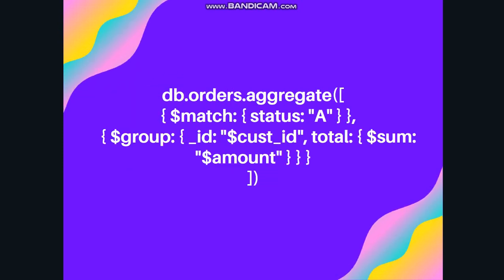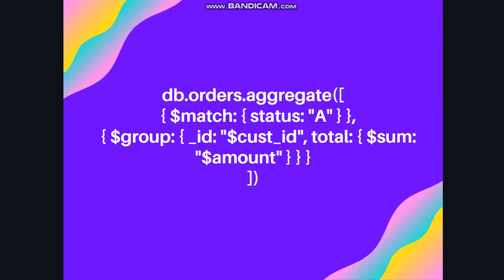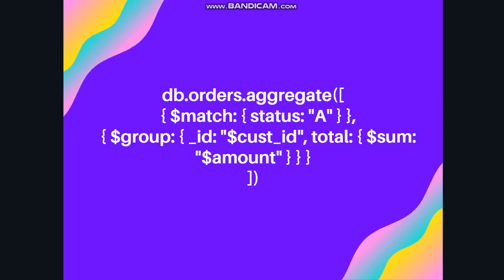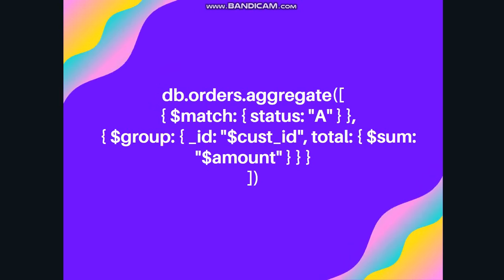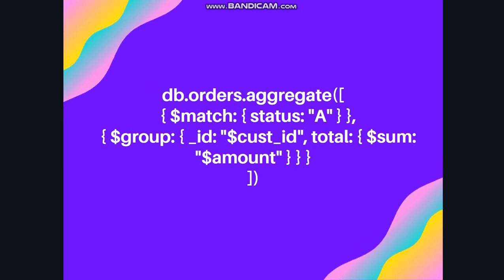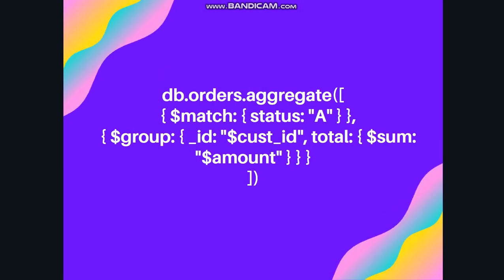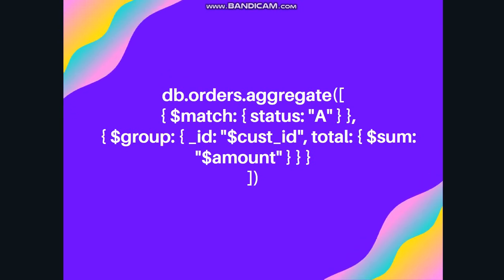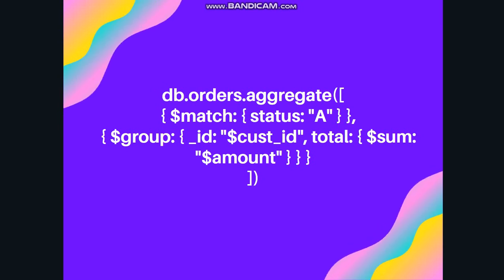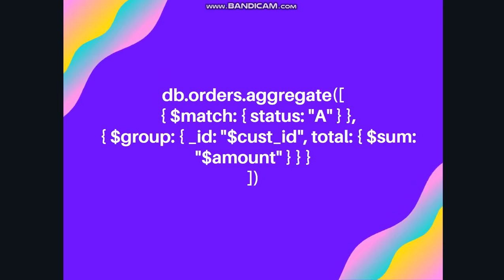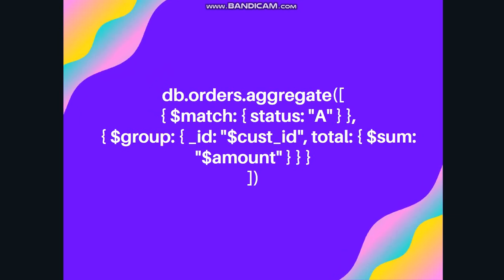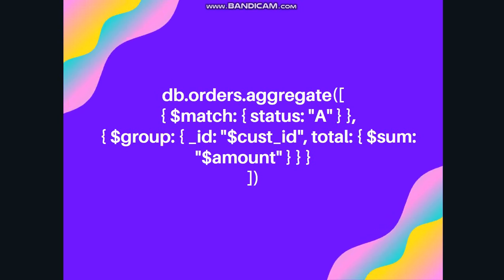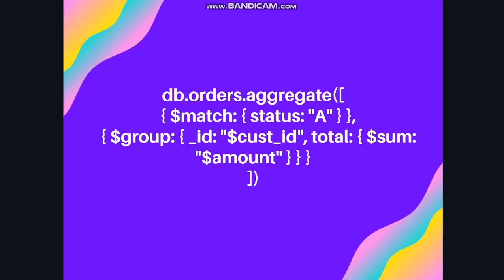Let me give you one example. This is the demo example in which we are working with the collection orders, and we are calling aggregate, and we have two stages here. The first stage is the match stage, the second stage is the group stage. You can see here, match status A means the match stage filters the documents by the status field and passes those documents that have a status equal to A to the next stage. This is followed by the second stage, a group stage, which groups the documents by the cust ID field, right, to calculate the sum of the amount for each unique cust ID. So this is called an aggregation pipeline, right?